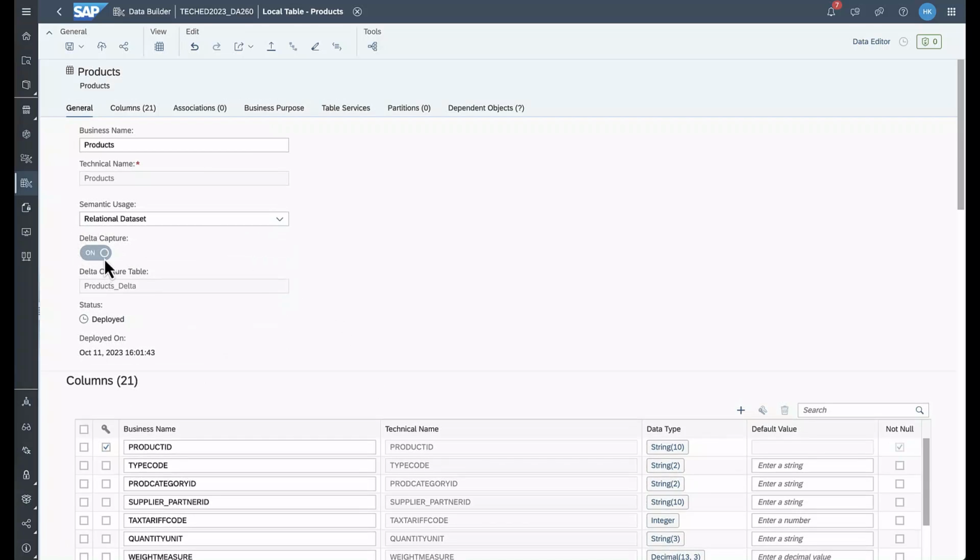We see here now there's a switch for Delta Capture. You can also manually set this switch when you create a local table manually. And besides our business name and our technical name, you also have the ability to set a Delta Capture table name. This is because we are creating